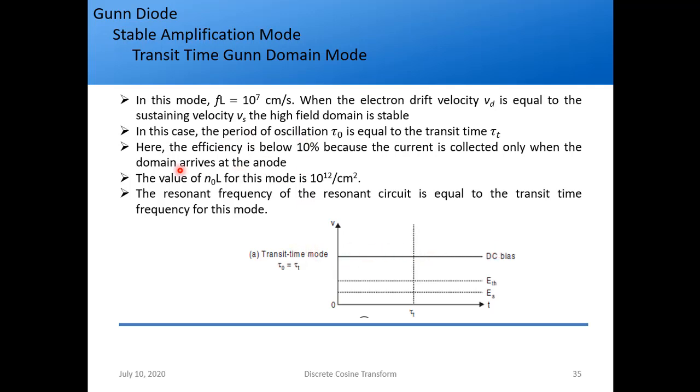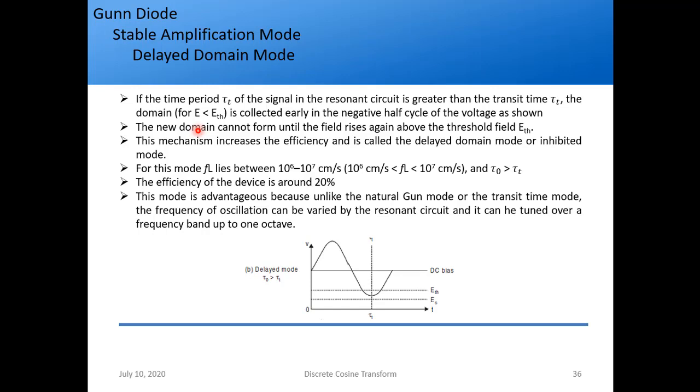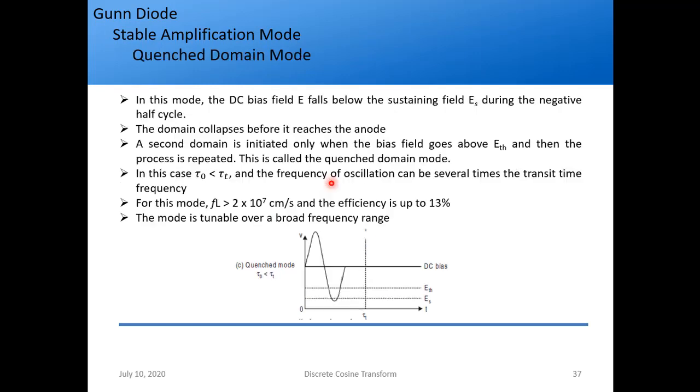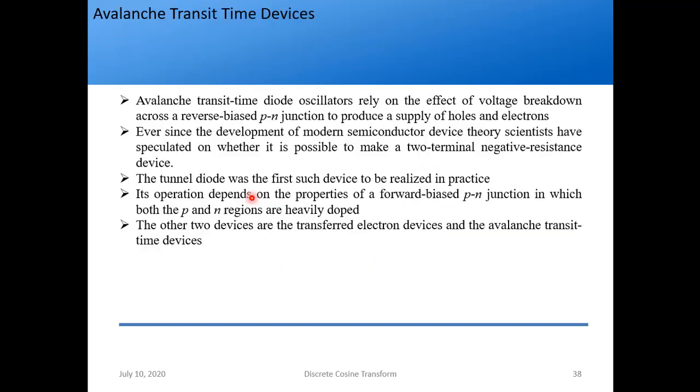So then what we do is we increase the electric field. Because of this, what happens? Tau 0 again becomes greater than the transit time of electrons, that is tau T. Because of this, we get an AC signal as we saw yesterday, and the efficiency also increases. But if you further increase the electric field, tau 0 becomes less than tau T. There is a difference here as you see. Because of this, the efficiency reduces. I am just telling you what is happening without the working, because we have already done this yesterday.